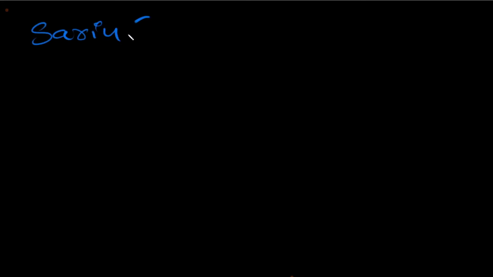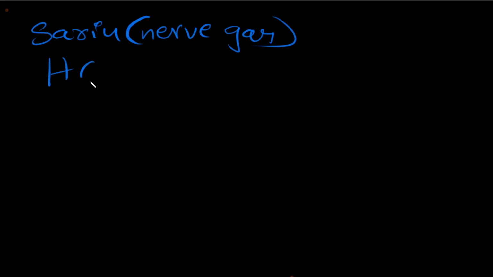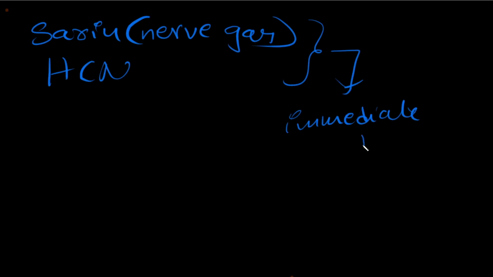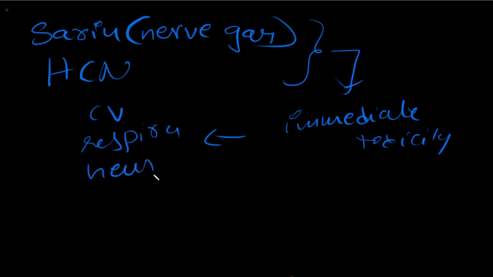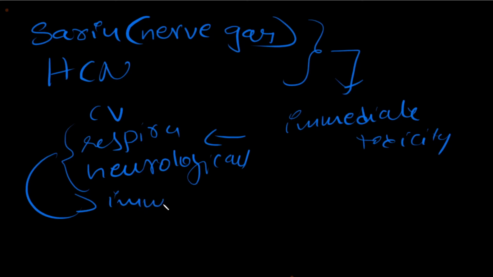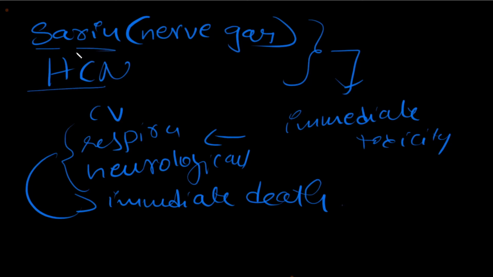Sarin is a nerve gas. Similarly, hydrogen cyanide. These two chemicals are known to show immediate toxicity. They interfere with cardiovascular, respiratory, and neurological functions, thereby causing immediate death. So these interfere with all vital functions: cardiovascular, respiratory, and neurological. Whereas